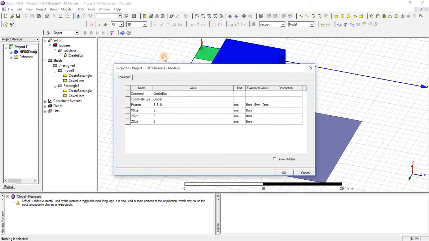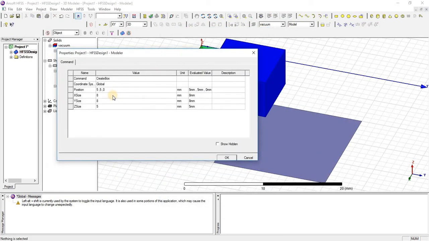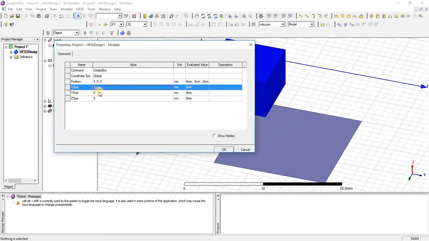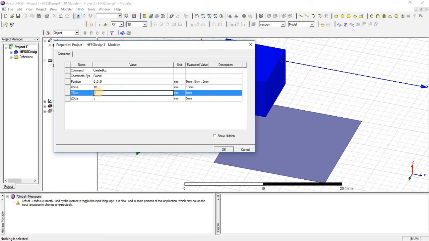And for the second position, if you want to change it again, for example, I am going to change from 8 to 10 millimeter and 8 to 10 millimeter, and also the height. Just press OK.